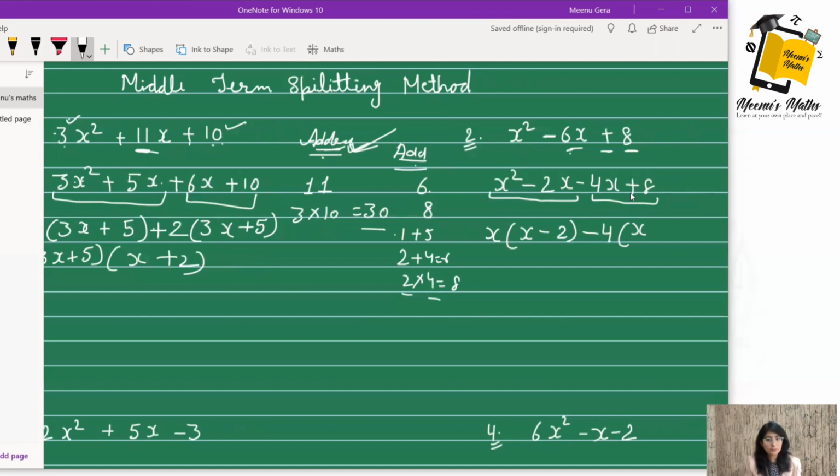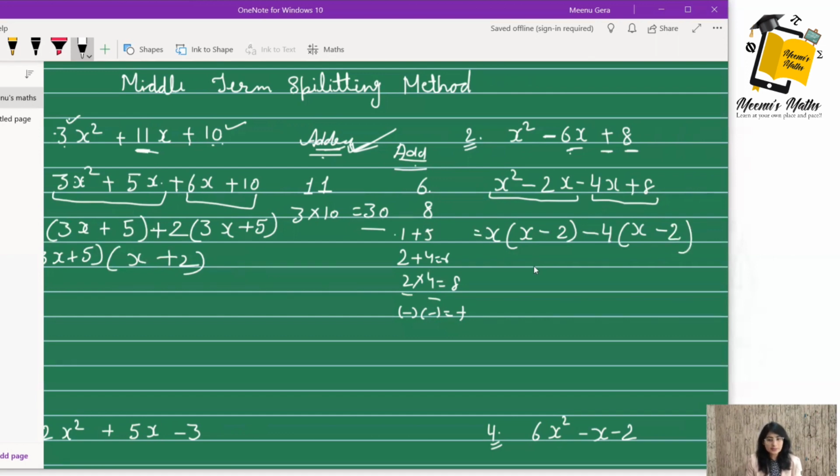Now look at this very carefully. From plus, I have taken common minus. So minus is remaining here, because we know that minus is equal to plus. It means if we are taking minus common from a positive term, it will be minus here. Always remember it: when we are taking minus as common, the internal sign will be changed. If it is plus, it will be minus, and if it is minus, it will be plus. Now from 8, I have taken 4 as common. We know that 4 2s are 8, so this is 2.